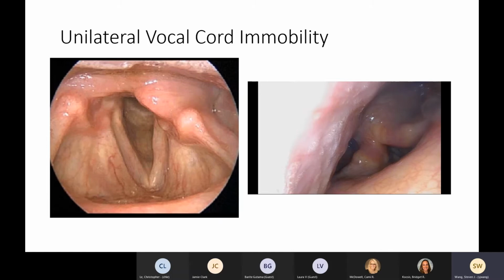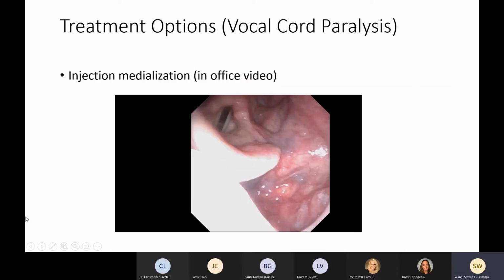If we lose that closure, that's where you leak a lot of air, and a patient will have to spend 3 times as much energy to speak or to do any normal activities. As you can imagine, this will lead to people feeling very winded when they speak, or just feeling like they can hardly do anything. So the treatment for this condition is actually readily available in the form of an office